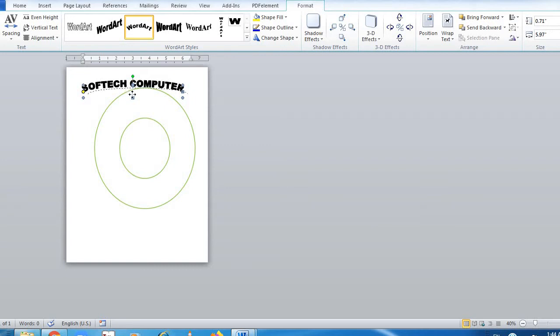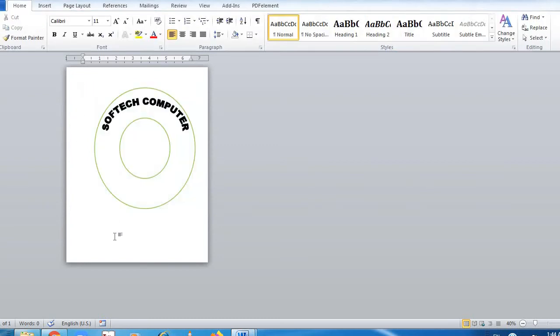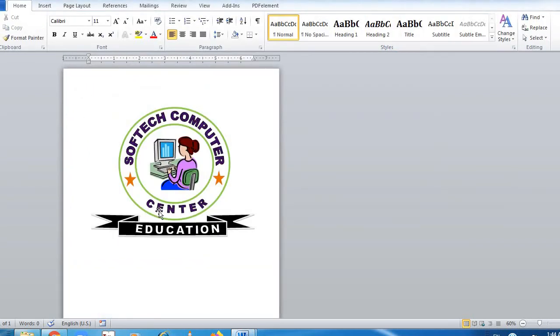Then select your logo, drag it, try to put it, it should fit in your circle. This is where you need to apply your mind a little bit. Yeah, now it has been filled properly in the circle. Same way you need to do the center also.